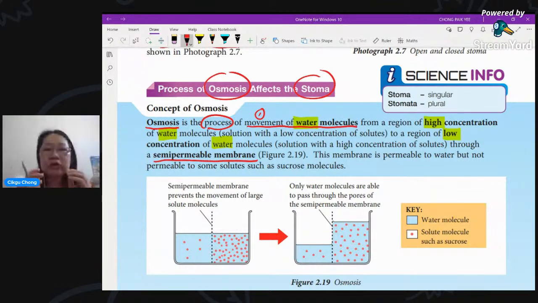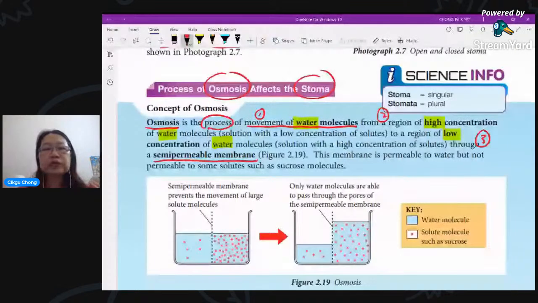So these are the things you need to understand about osmosis. It is a process of movement or diffusion of water. First thing you need to know: it's diffusion of water. Number two, from where to where? From an area of more water to an area of less water. Number three, it must be through a semi-permeable membrane. If you have 1, 2, and 3, this is the definition of osmosis. You cannot say osmosis with only 1 and 2. You must mention all 1, 2, and 3. If you mention 1 and 2 without the semi-permeable membrane, it's not osmosis.